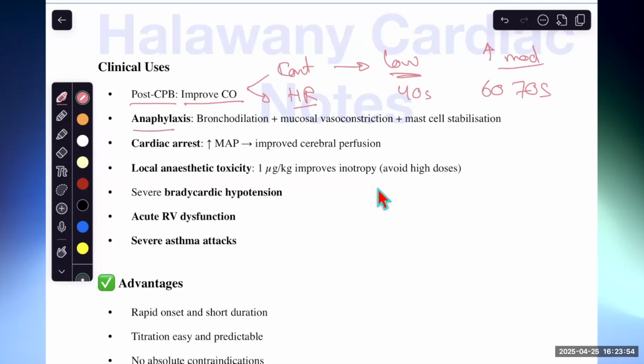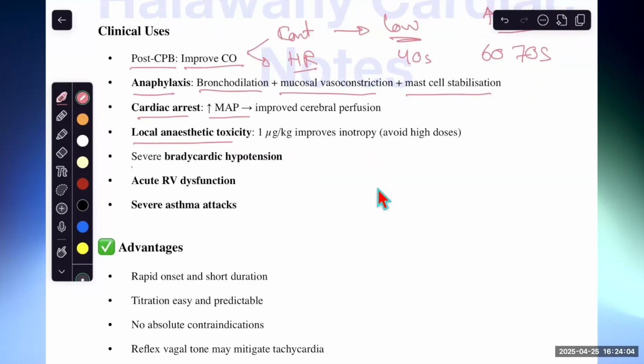Can I use this in anaphylaxis? Of course: bronchodilation, mast cell stabilization, vasoconstriction, and then the rest, they are using it also in local anesthesia toxicity. Also, severe bradycardic hypotension, the one we just mentioned. If I have acute RV failure or severe asthmatic attack, sometimes even your patient has high